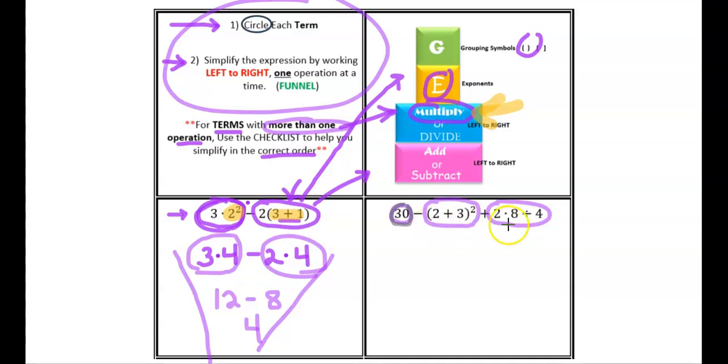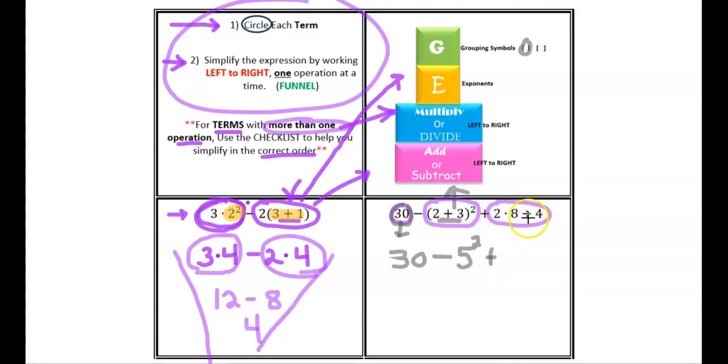We've got to simplify each one. This one's done, so we're just going to bring it down. The next one has some work. It's got 2 operations. It's got addition and squaring. All right, so we go up to the checklist. When you look at the checklist, start at the top. Are there parentheses? Grouping symbols? Yes. Do what's inside. 2 plus 3 is 5. And then we square that because we haven't done the exponent yet. We had to do grouping first. So we took care of this first, and this is coming down. Plus,